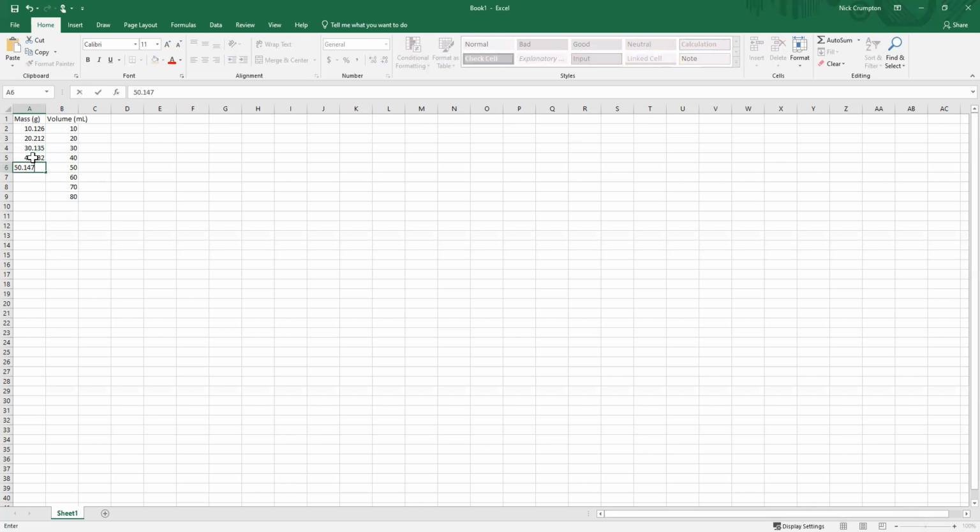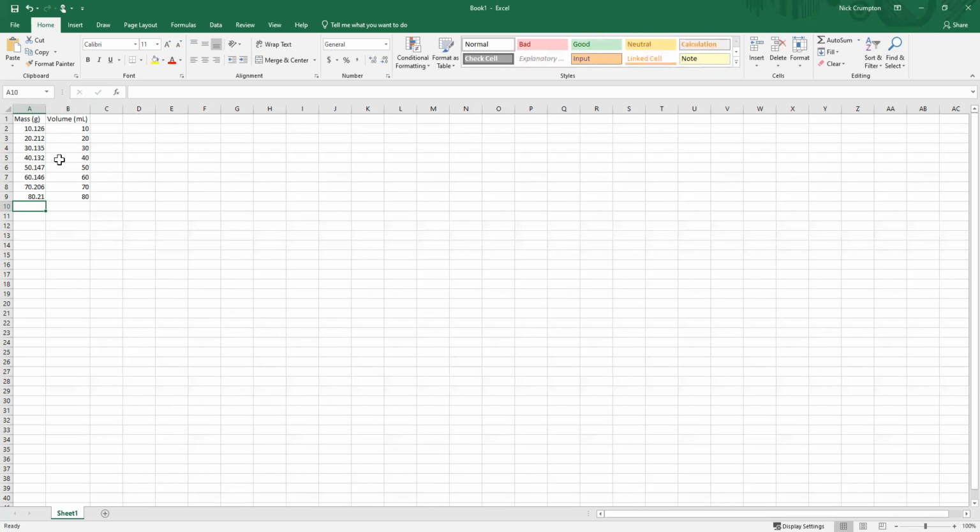So what we're going to do with this is create a linear plot of increasing mass and volume, to the point where we're going to add a trend line to it and do a bit of linear regression. So here I have my mass and my volume. I'm going to double click here to shift the column over so that it's not impeding. And I said these were done with a volumetric pipette, so that should be 10.00